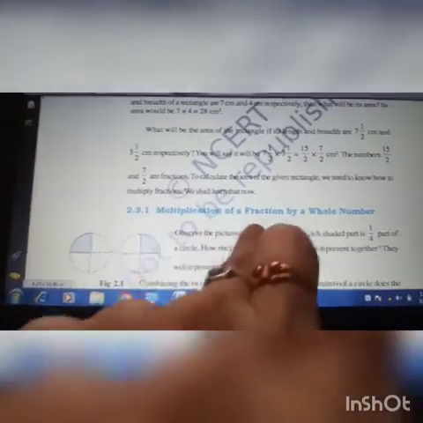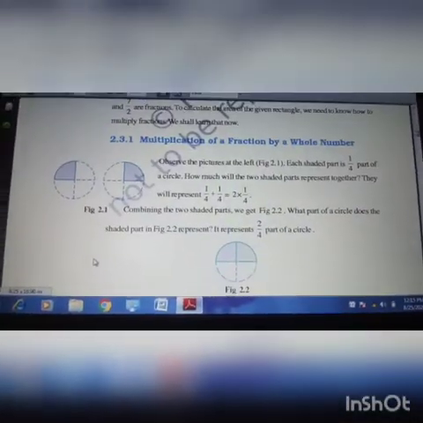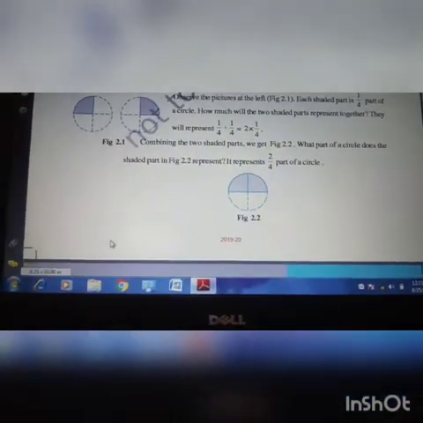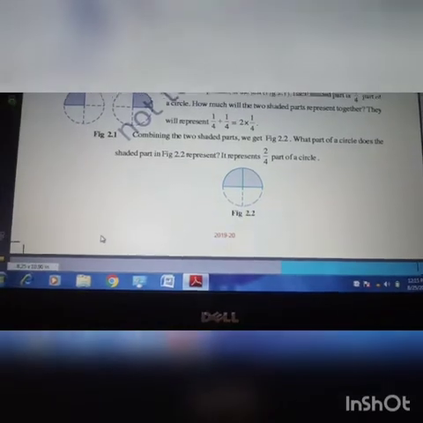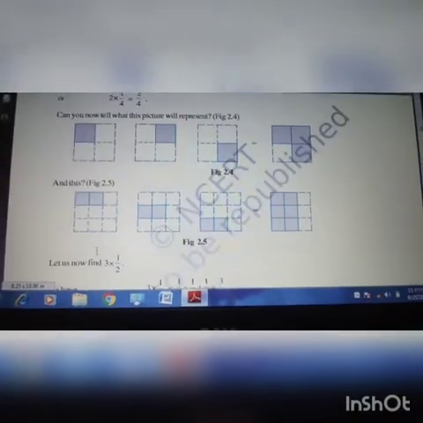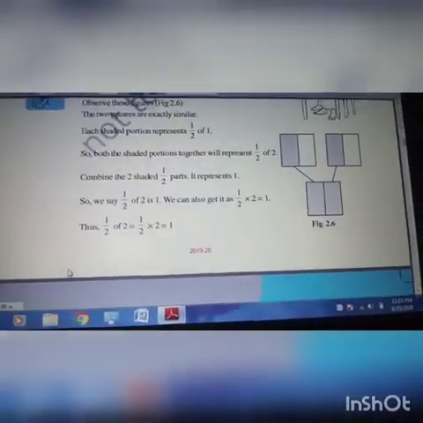Actually, our first concept is multiplication of fraction by a whole number. So, you are going to multiply a fraction and a whole number. So, how you will convert that whole number to a fraction? If 4 is a whole number, right? How you will convert that 4? 4 by 1. Okay, so if you want to convert that whole number to a fraction, what you will do? You will divide that by 1. That's all. Okay, so they have given many problems, example problems also.